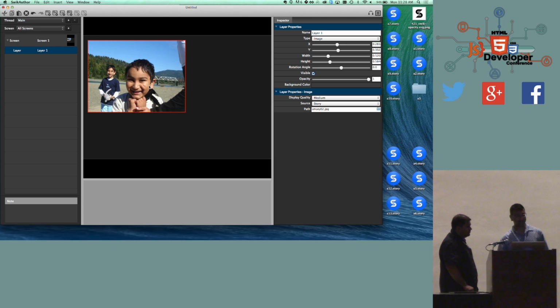So at this point, we can start adding layers. So if I just make a layer, the layers can be images, movies, or text. So we pretty much use layers interchangeably that way. Like, a movie and an image layer, pretty much you can work on it in the same way. But like if I make an image layer here,